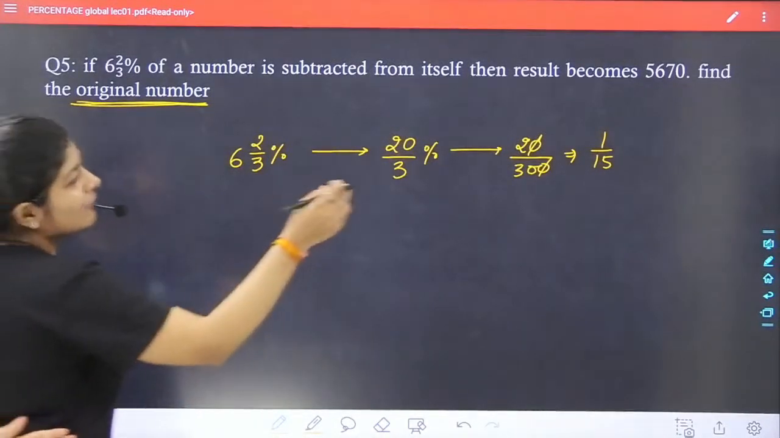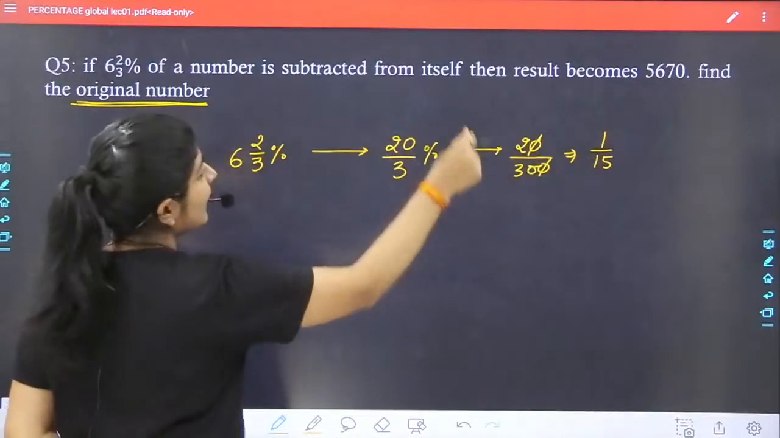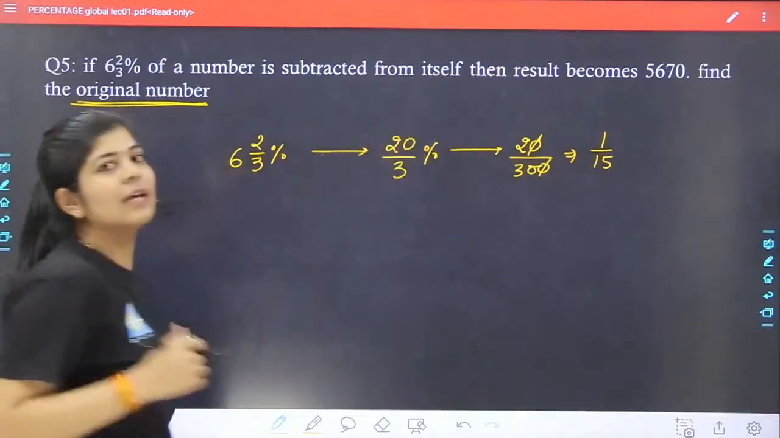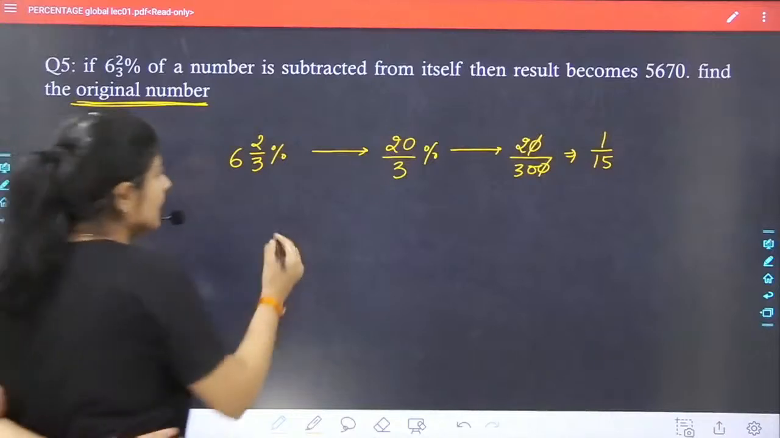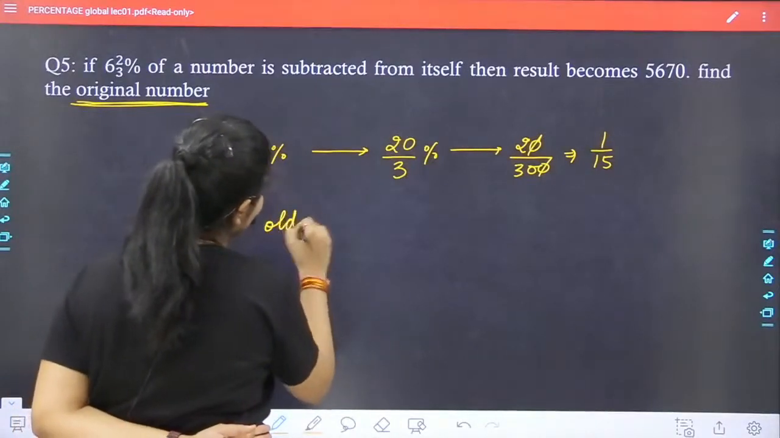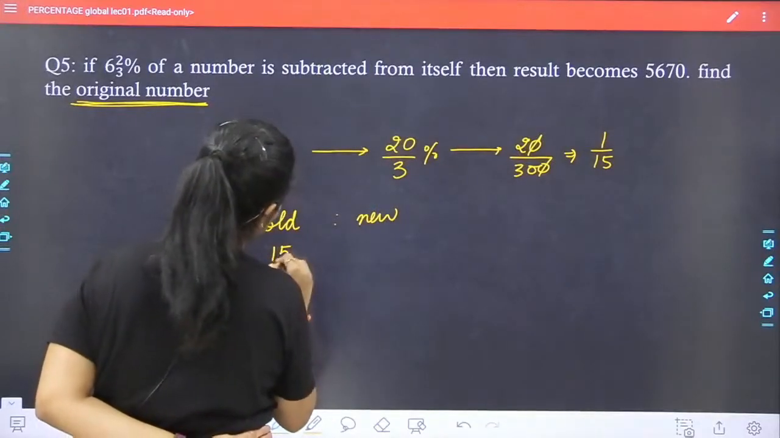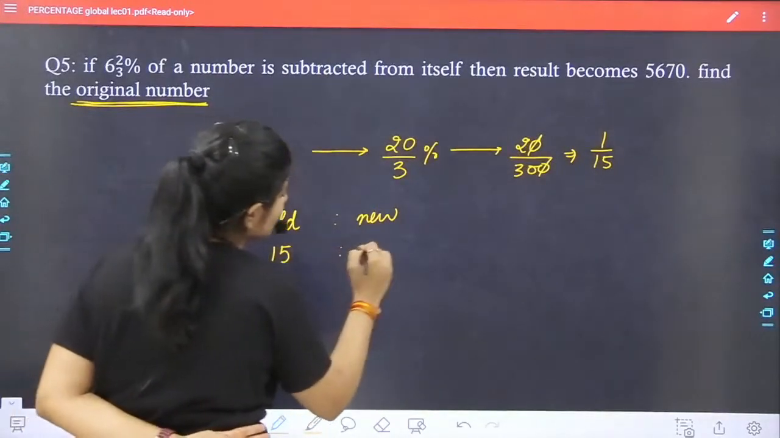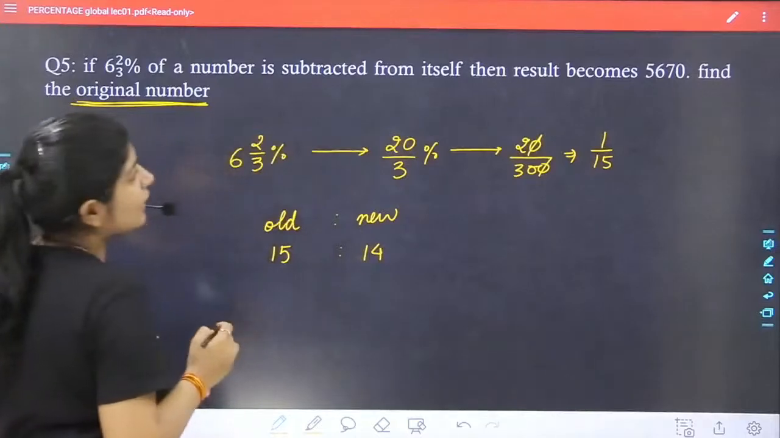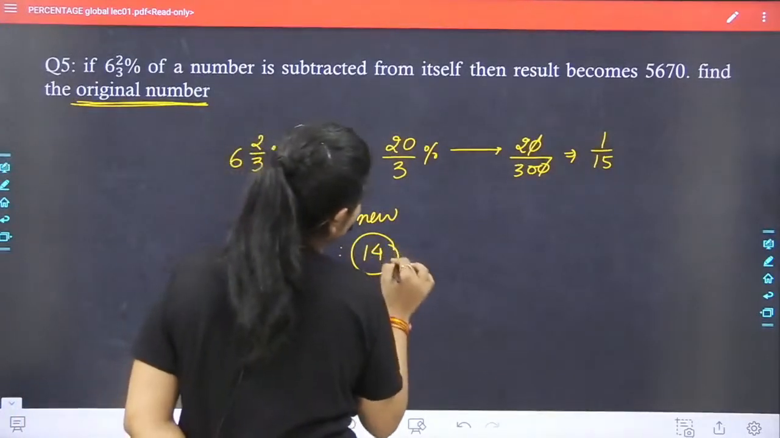If I have 15 as my original number and I subtract 1 from that, what will I get? 14 is my new number. So if I write the ratio between old and new, what will I get? I'll get the ratio as 15 to 14. If the value of 14 is